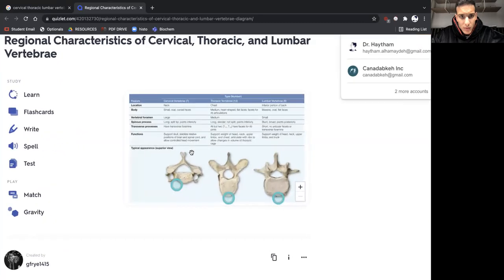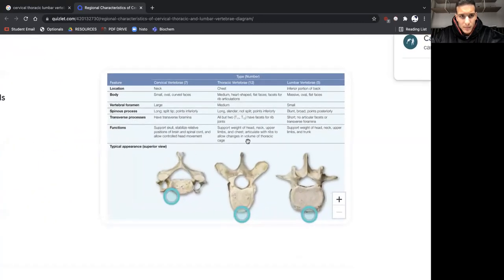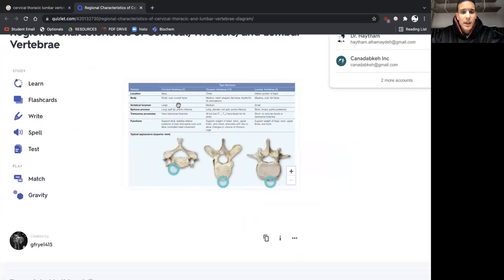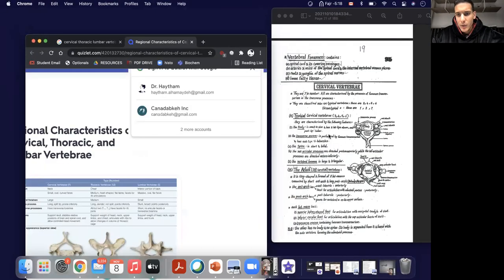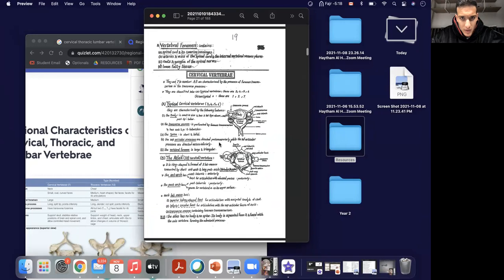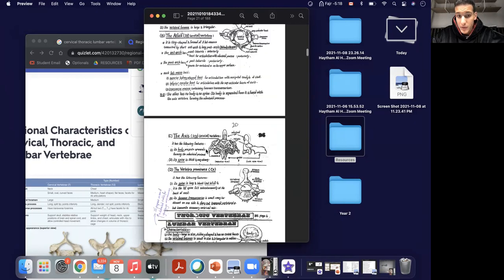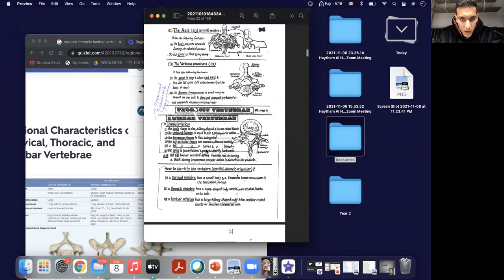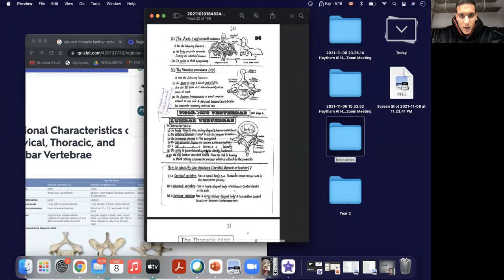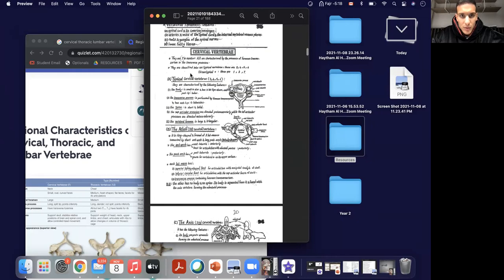There. So for example, this table right here, you see long, split. Let's see, the body is all curved, medium heart-shaped, oval-shaped, such things. You're responsible for knowing the body, vertebral foramina, spinous process, transverse process functions. You have to be able to differentiate the three structures. An accurate resource, I think, is summarized here. Of course, you have to know the atlas and the axis characteristics as well for this point. But what I'm trying to tell you is, here, you have to be able to